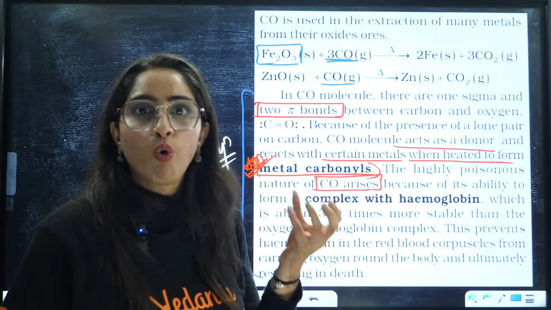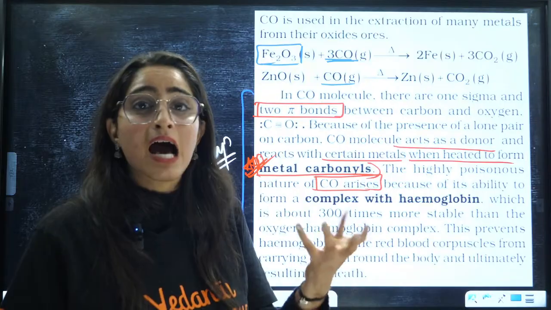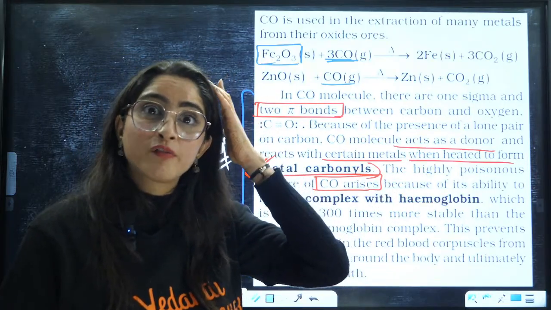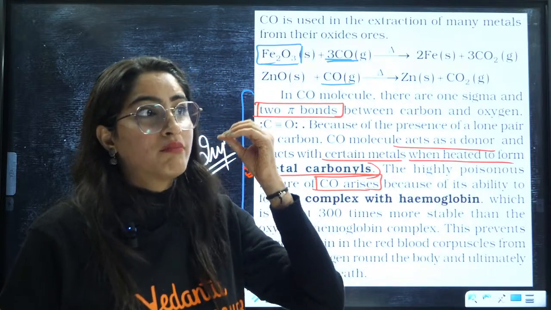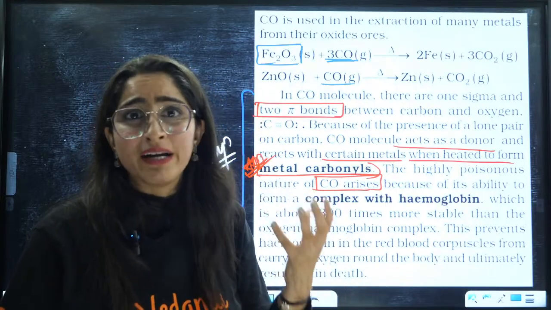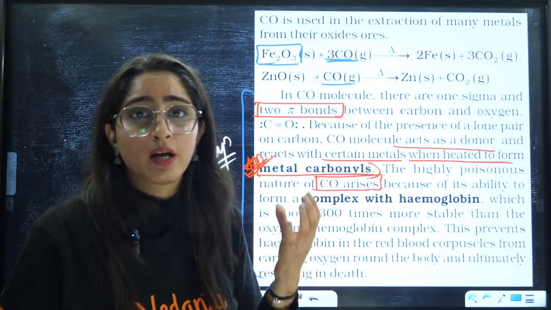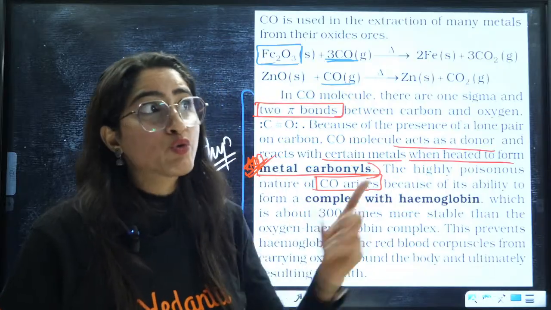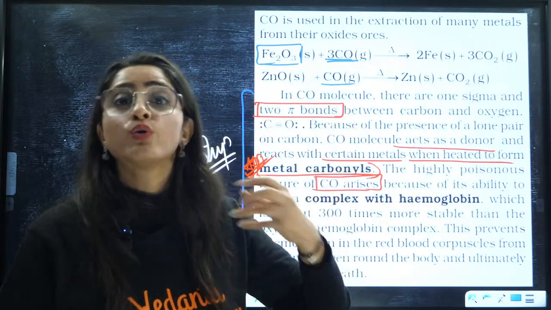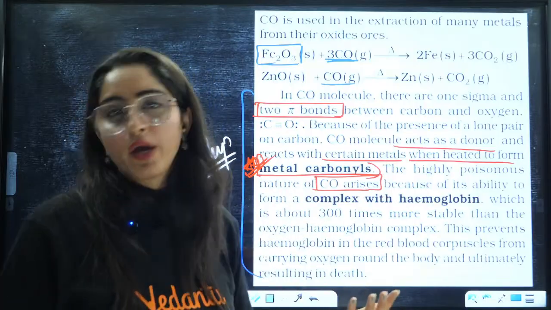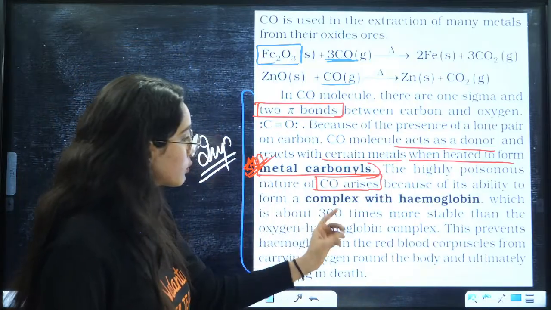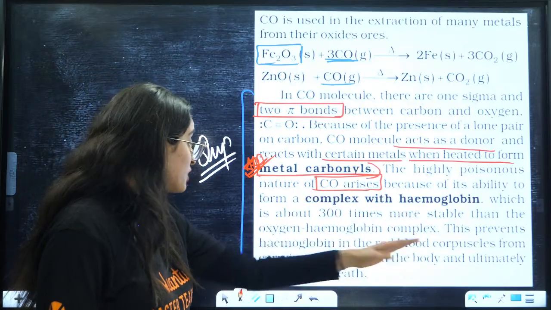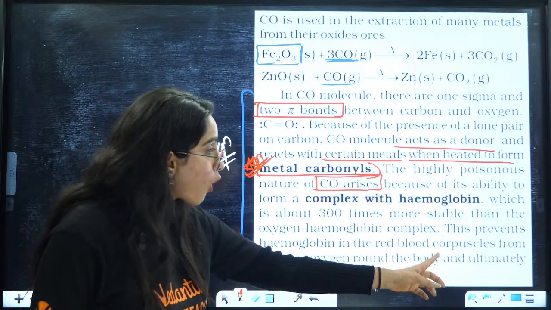Basically, when you burn coal with heat in limited supply, carbon monoxide is produced. Cases have been observed in some villages, in winters, where they had a coal stove in their houses. Because of the carbon monoxide produced in a closed room, it led to the death of the people. The carbon monoxide-hemoglobin complex is about 300 times more stable than the oxygen-hemoglobin complex. This prevents hemoglobin in the red blood corpuscles